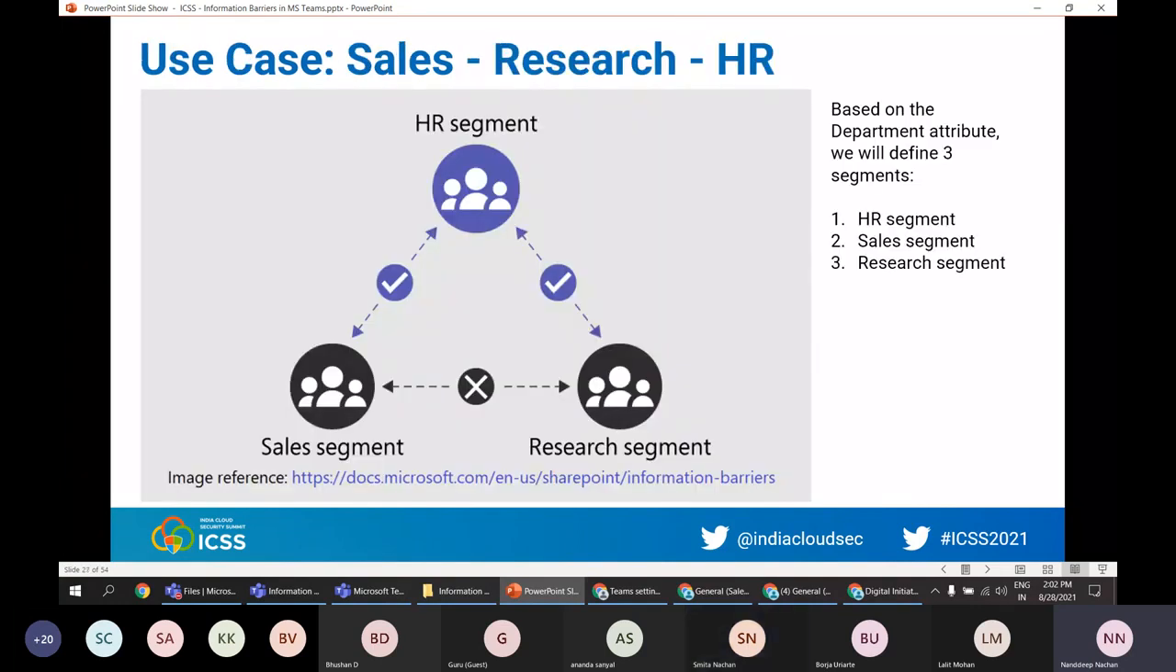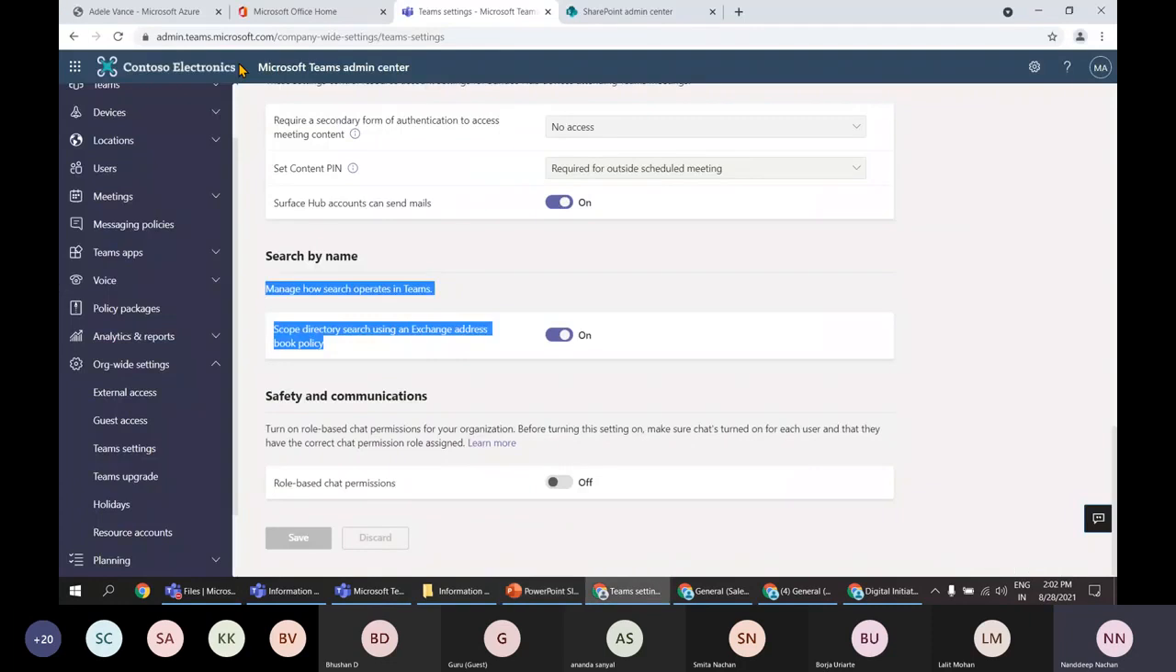Right. So now let's take that use case, which is sales, research, and HR. We already know that we want to restrict the communication between two segments, sales and research, and we should allow HR to communicate with sales as well as HR. Based on this scenario, we should always have the entire data reflected in our Azure AD. Now that we have it already, I can go back to the Azure AD portal,